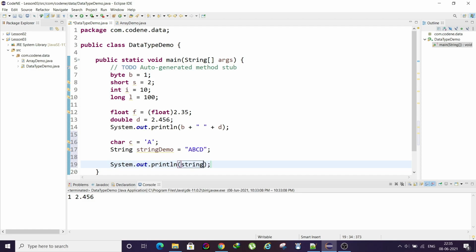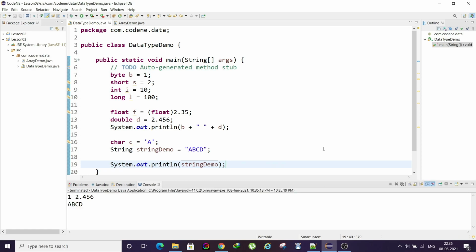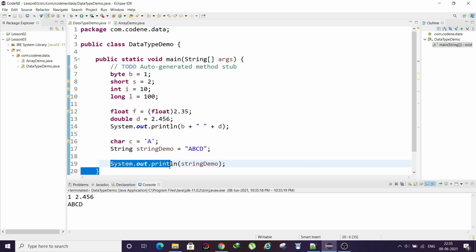If you want to print this, you can write string demo. As you can see, when we print this string variable, it is printing the value.